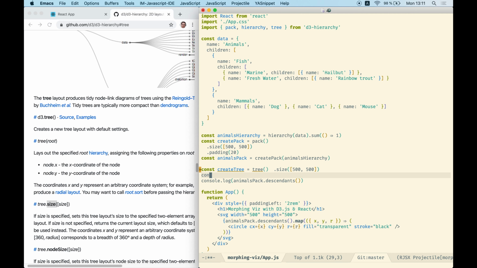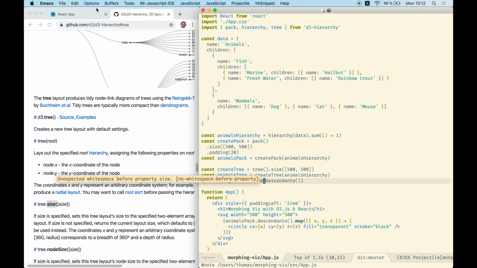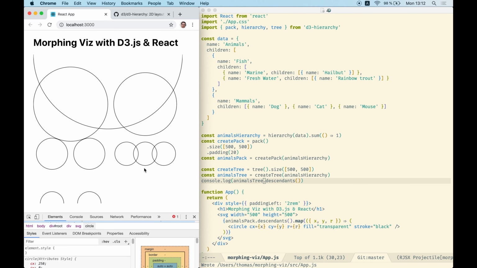And now we can create our animals tree with createTree and the hierarchy object. Now if we render the descendants of our tree instead of our pack, we should see that